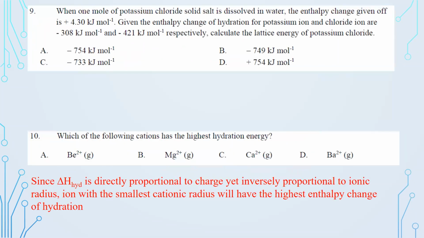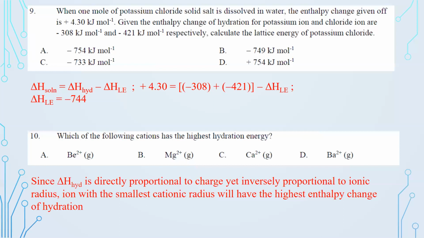Okay, number 9. When 1 mole of potassium chloride solid is dissolved in water, the enthalpy change given is positive 430. Given the enthalpy change of hydration of potassium ion and chloride ion are negative 308 and negative 421 kJ per mole respectively, calculate the enthalpy change of formation for lattice energy of potassium chloride. So in here you have to use the formula: enthalpy change of solution is equal to hydration minus lattice energy. So you press your calculator,